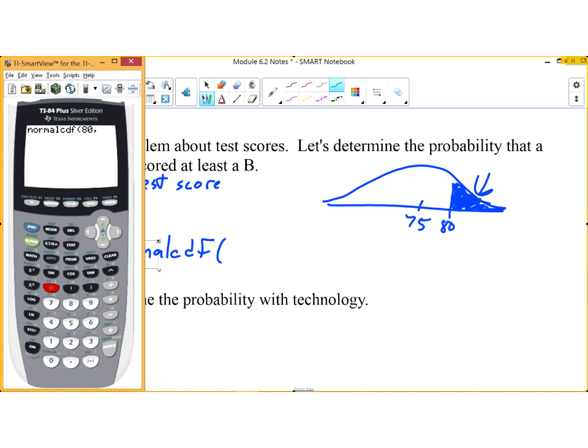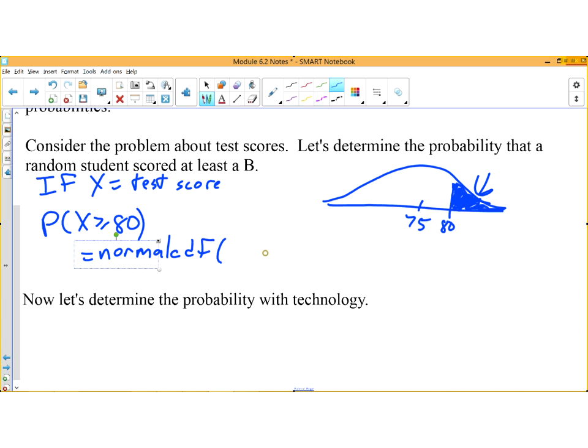Remember I said the curve extends infinitely, even though you may think the highest test score could be 100. The curve extends infinitely in that direction. So I actually need to put in a really large number. Different teachers do different things. I usually just tell students to put in a good number of 9s. So I put in 5 9s. That's fine. And then the mean, which on the previous page we gave as 75, and then the standard deviation, which we gave as 8. Those are my parentheses, hit enter, and I get about